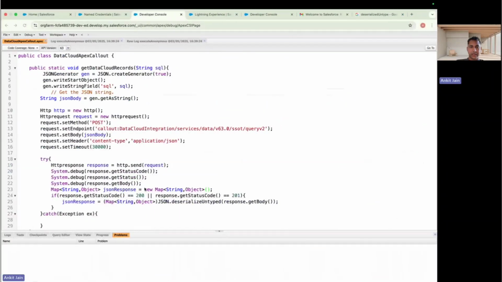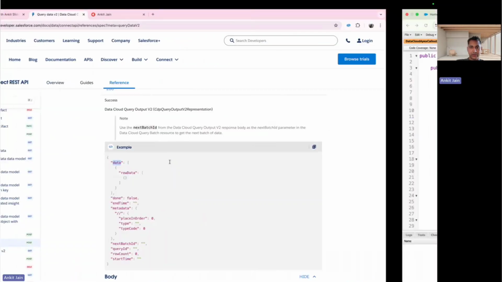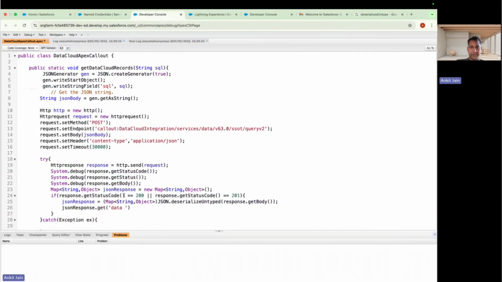So again I will get the collection of records from here. How to get the value from the map? To get the value from the map, I will use jsonResponse.get. What I want to get here is the data, so I put data. Again, what will it return? It will return the list of records. So here I have the list of